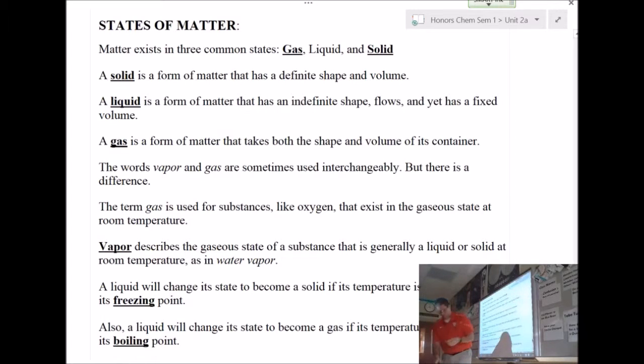Here we go. This little clip here is considered a solid, even though it's thin. It has a definite shape until I do something to it. Heat it up, change it, but as it's a solid, it stays that shape. However, if I look at a liquid, the volume remains the same, but the shape changes as I move it around. So it's an indefinite shape. Same thing with a gas.